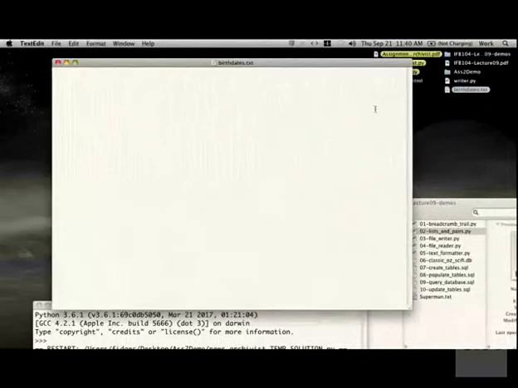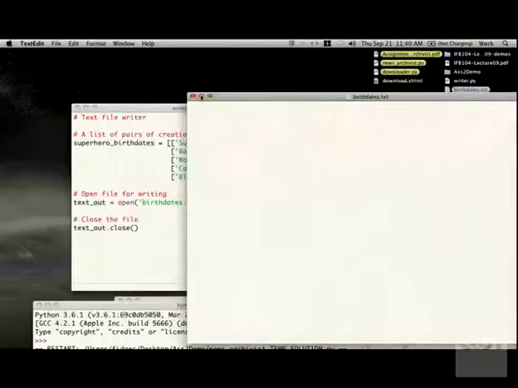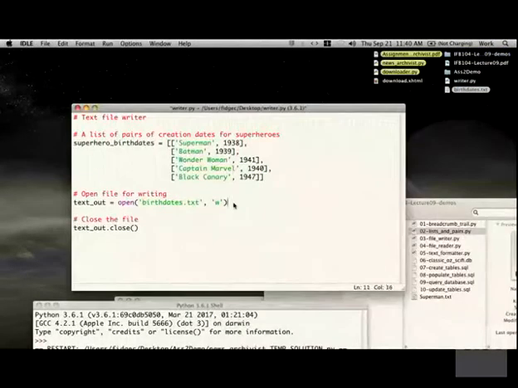If I open it up, there's nothing in there because I haven't put anything into it yet, but it did create the file. So there's my storage place, the place I'm going to put my valuable data about when these superheroes were born. So I have to now put the actual data about the superheroes into the file. And this is where I get stuck, because I have to come up with a format for storing this data away. So you'd be familiar with things like